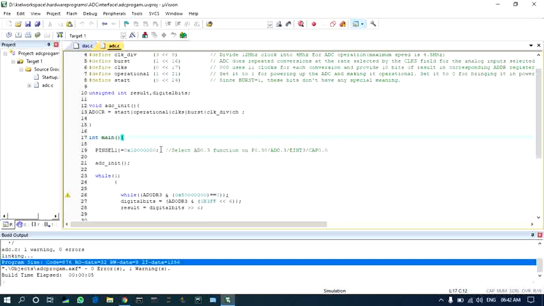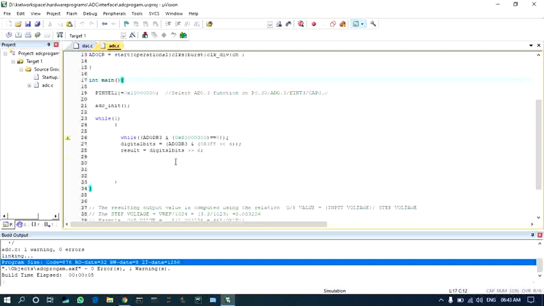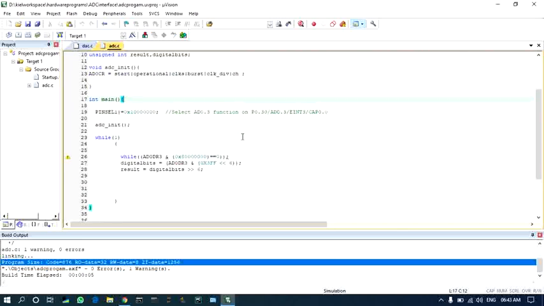Now, having done all the initialization in the corresponding register, that is AD0CR, we are next probing the data register of channel number 3, that is AD0DR3.